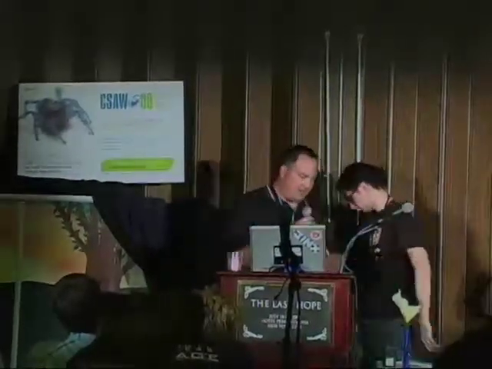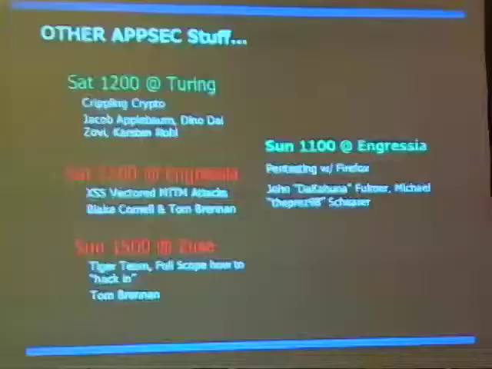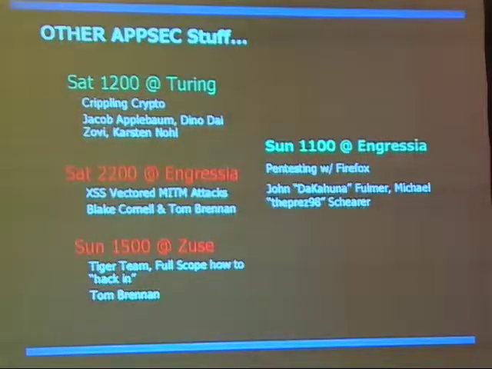Excellent. Thanks, Dan. So OWASP actually will also have a Capture the Flag purse, if you will, for the treasure chest. Some more information to come on that, and that'll be up on the website. Flipping through the program there, I did notice a couple of AppSec components, so if you're here for AppSec stuff, I definitely want to point out that you take a look at what Dino's doing in reference to crippling crypto. I'm sure his talk will be very interesting. And also pen testing with Firefox. There's a bunch of other talks in the space there, but these two pretty much stand out for me.